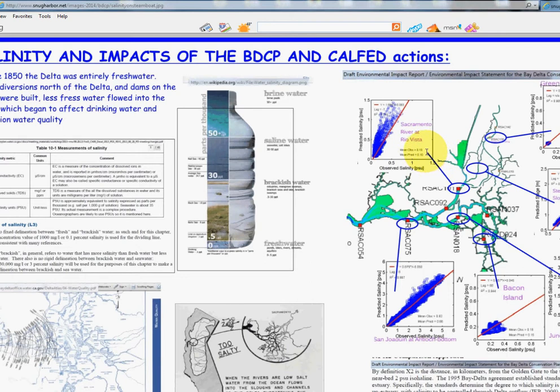And there was some computer modeling done. Group RMA was one of them, and here is a graphic actually from the Bay Delta Conservation Plan, but they had the results on different pages, so I did screen prints of each one. So this is Steamboat Slough, this is Bacon Island, this is this location right here, Sacramento at Rio Vista, and this was their predicted salinity